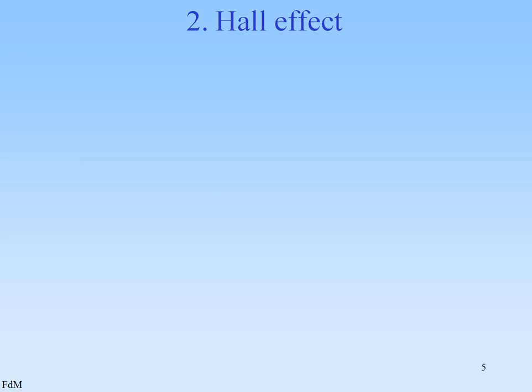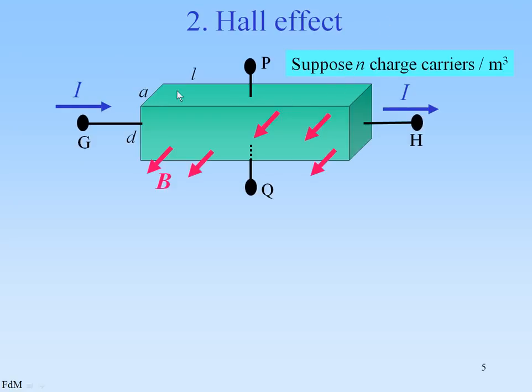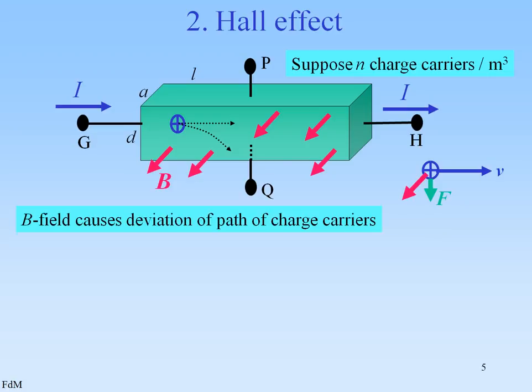Topic 2, the Hall effect. Suppose we have a block of material here, a conductor, and suppose we have n charge carriers per cubic meter. There is a magnetic field and a current I. Due to the magnetic field, the charge carriers will be deviated, using the right hand rule, to the bottom of the block of material, and this means that there will be